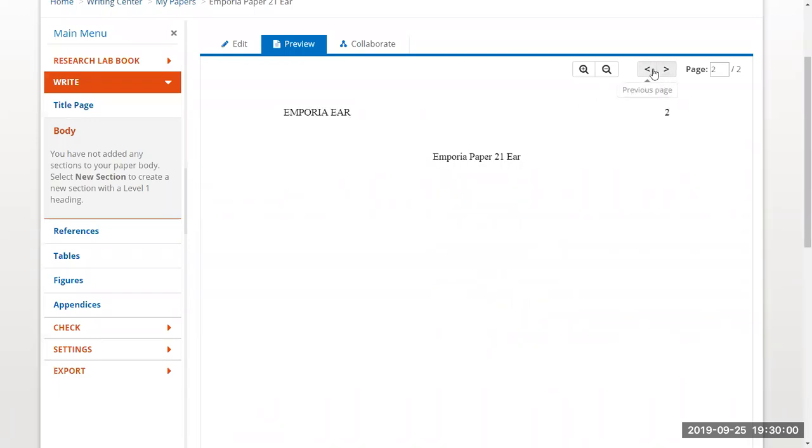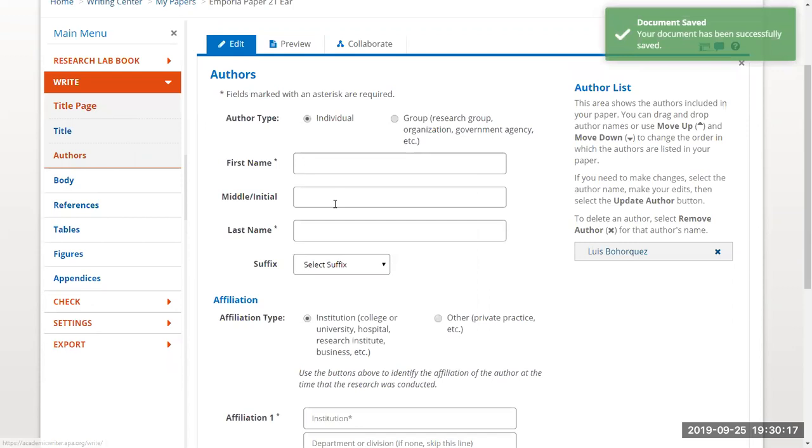So this is one of the advantages of using this versus going into Word, right? Where you have to add the page number, go to the header, figure out that part, and then put all your title stuff. This makes it easy by simply filling out a form